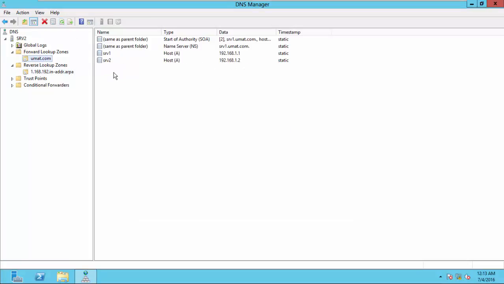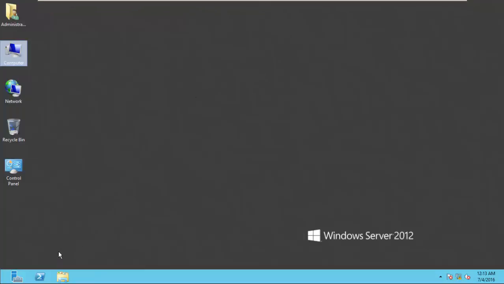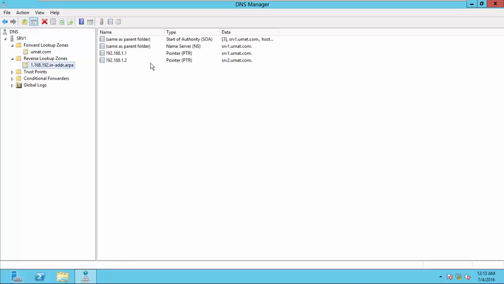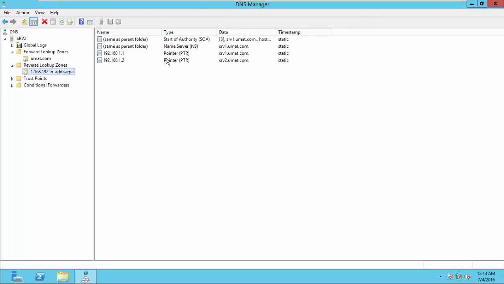My secondary DNS server is well configured now, so it has resource records from the primary DNS server. Any new update that I add over here on my primary DNS server will be replicated or transferred to my secondary DNS server. The resource records here look the same as what we have over here. This is good. All right, now the next thing you're going to do is to configure our stub DNS server,